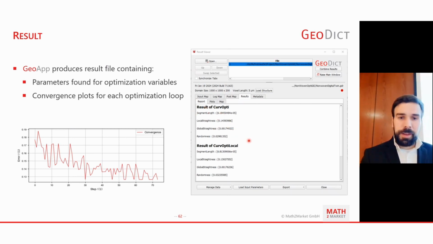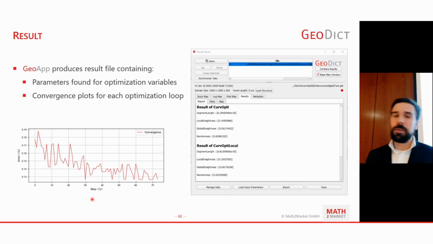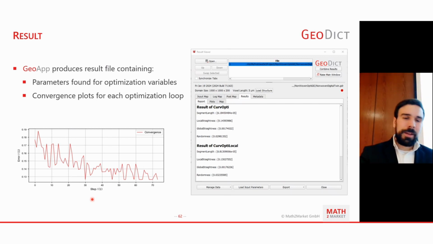That's of course also in the map file if you want to read that mechanically. And you also get a convergence curve. This one is a nice one because it's one of a local optimization that really looks like a convergence curve. For the global optimization, it usually jumps all over the place. But if you look at it very closely, you can see that sometimes a new minimum is hit.